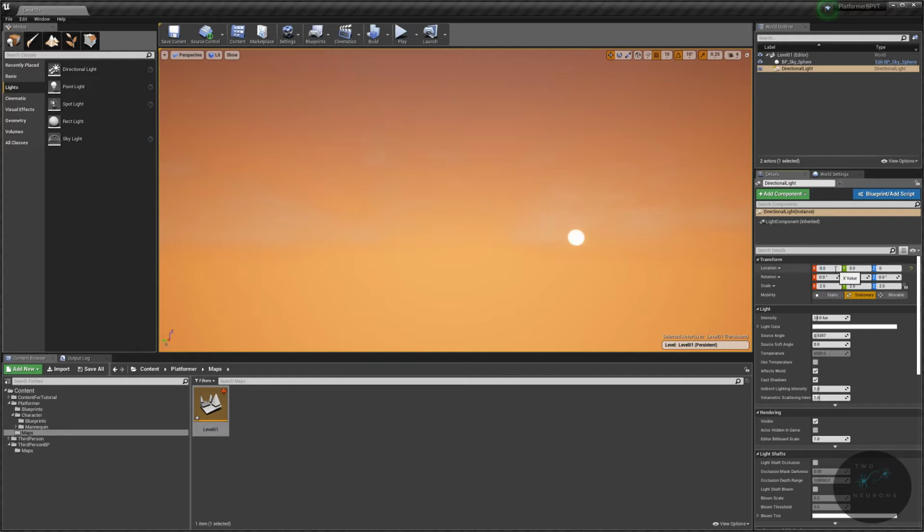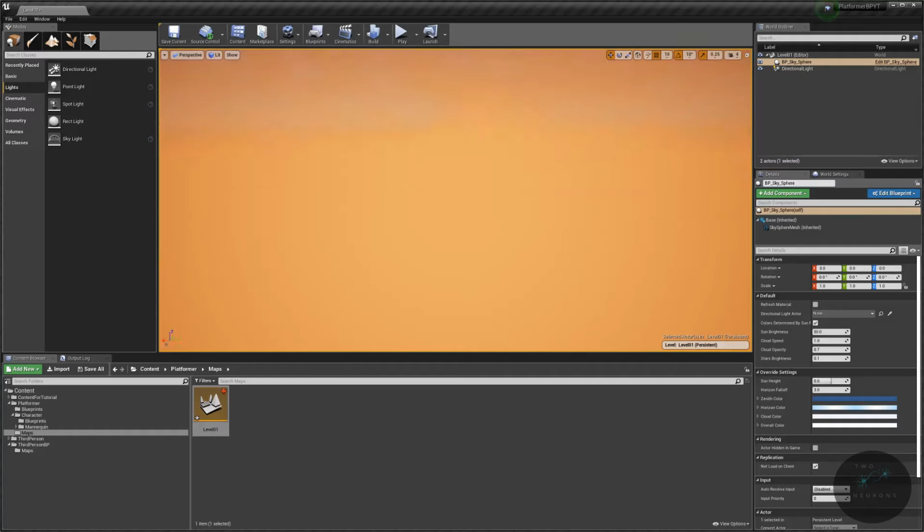And again, I'm just going to set it to 0, 0, 0. And you'll see the icon has moved to the center of the map. The next thing I want to do is go back to my sky sphere, and in my details panel,